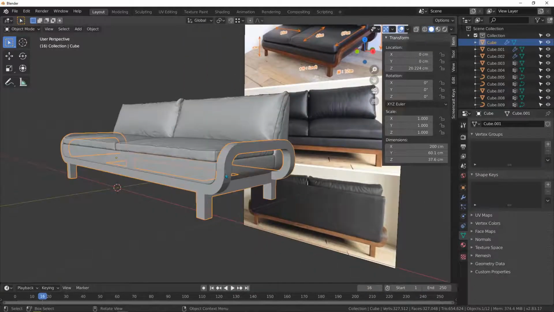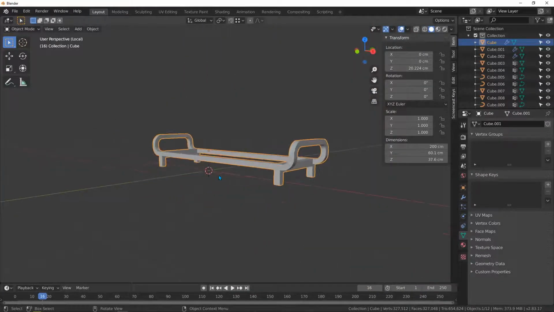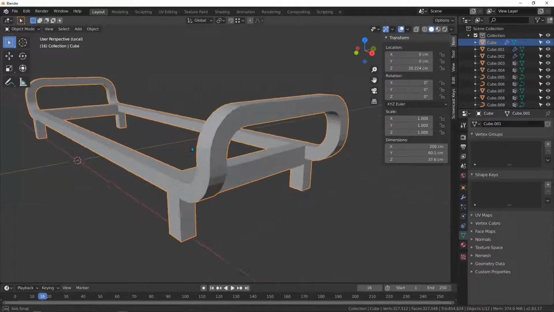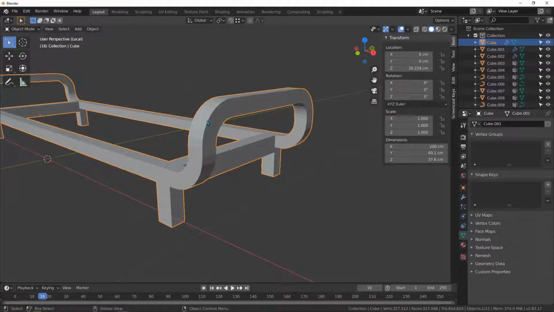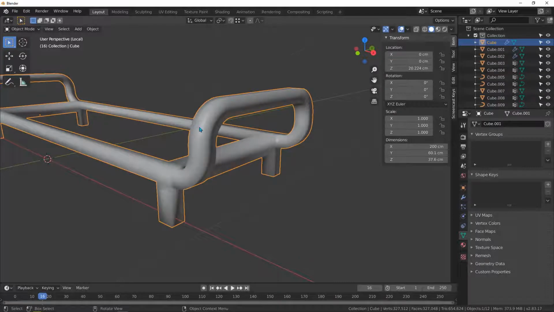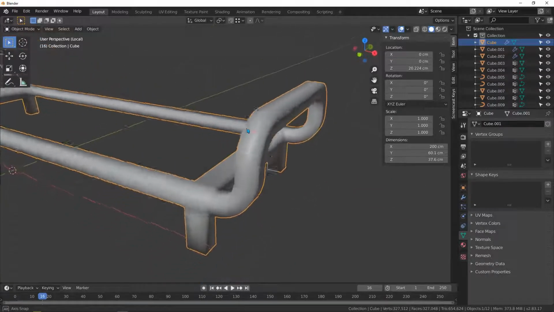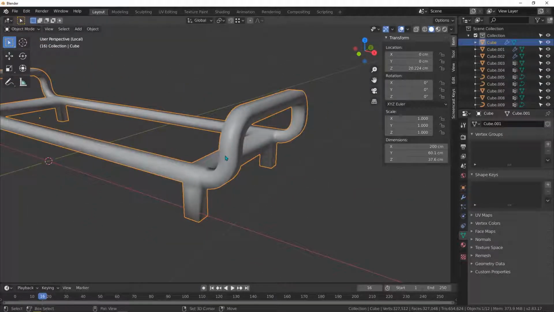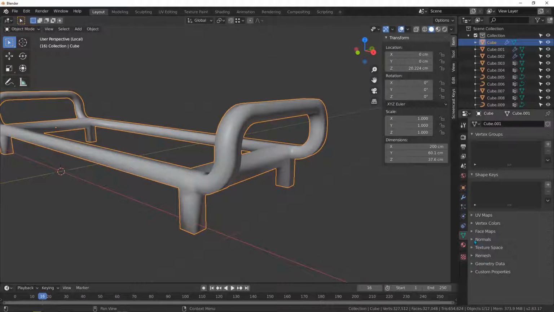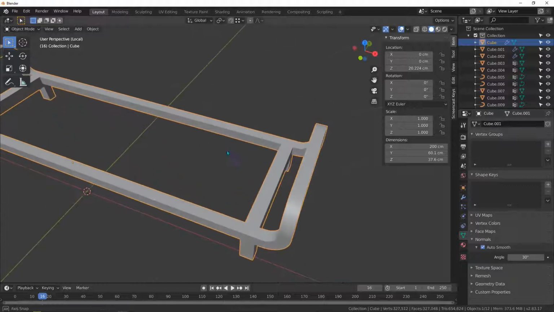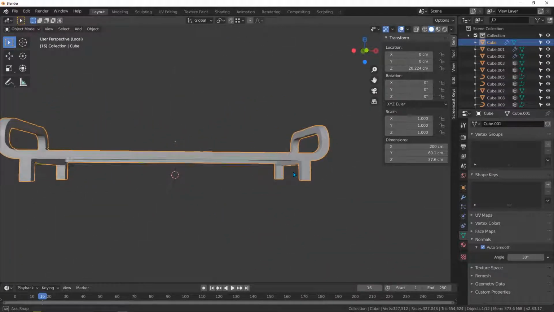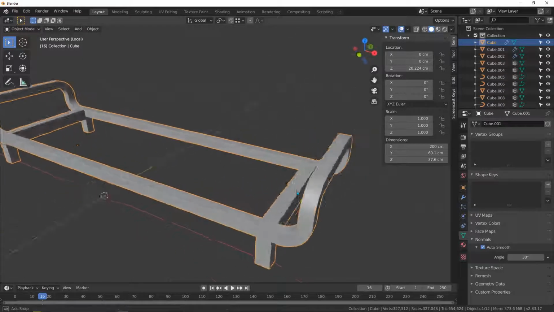I will select the base, this one, and isolate it. And let's add shade smooth, right click and add shade smooth. And as you see now, we have a problem because it's not correct. I need to activate auto smooth from the normal. So just go to the object data properties and activate auto smooth. And now it's cool. After that, I think I need to give this a bevel,